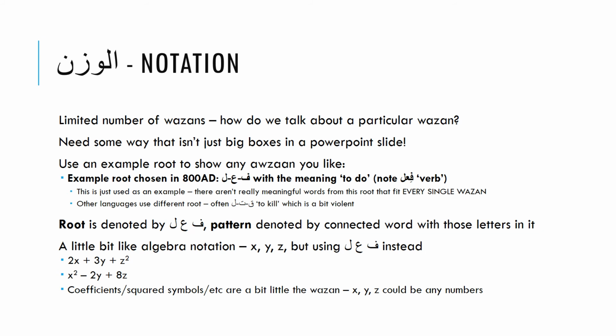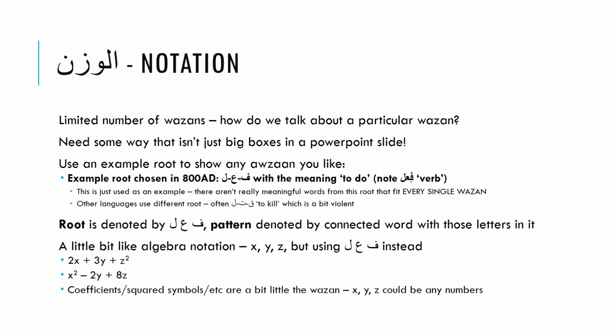And this root has the meaning to do. Notice that sometimes it's going to show up a lot in our grammar. So the word fa'al means verb. This root is just used as an example. There aren't actually meaningful words from this root that fit every single wazn. Other languages and other traditions sometimes use a different root. In Hebrew and Semitics, in the study of Semitic languages, people often use the root qaf ta lam, which has something to do with to kill, but that's a little bit violent, so I kind of like this more non-violent